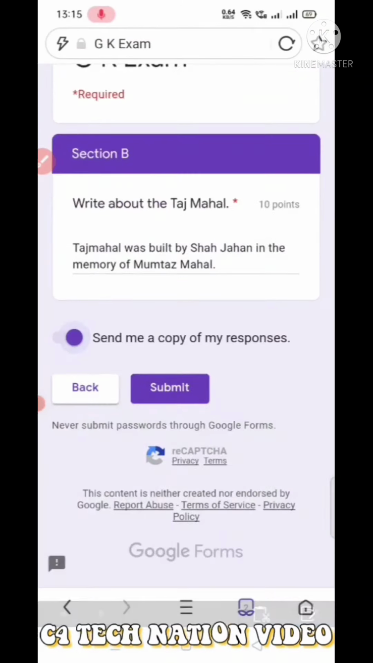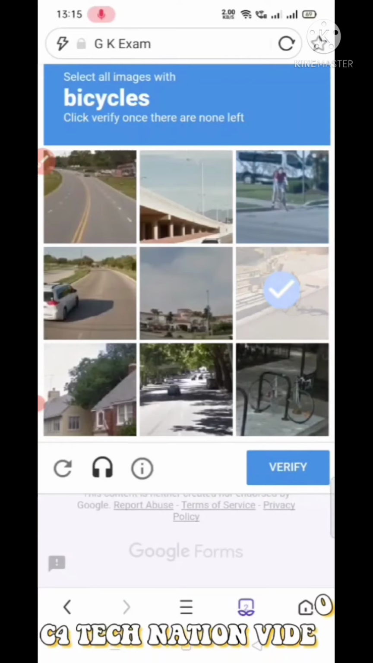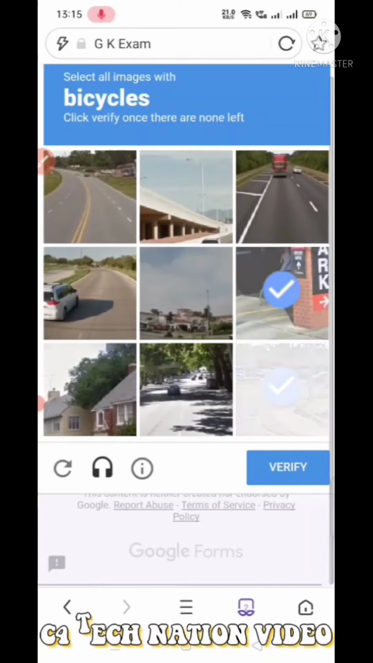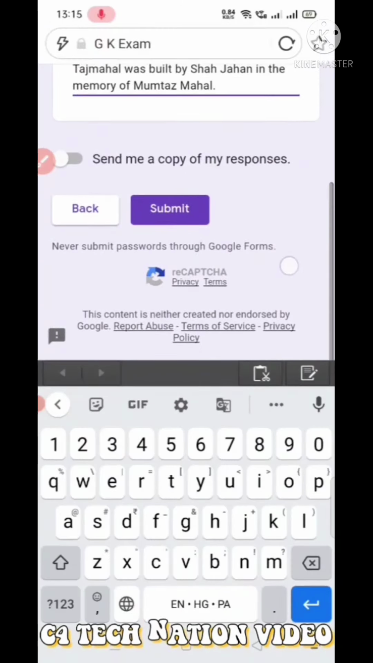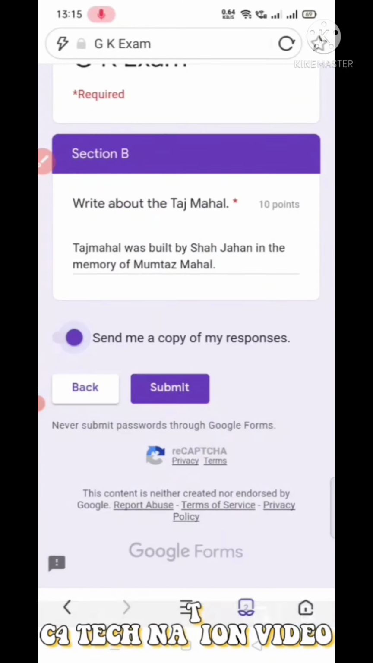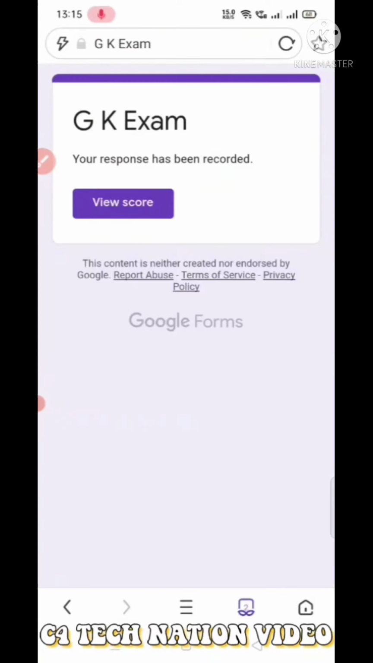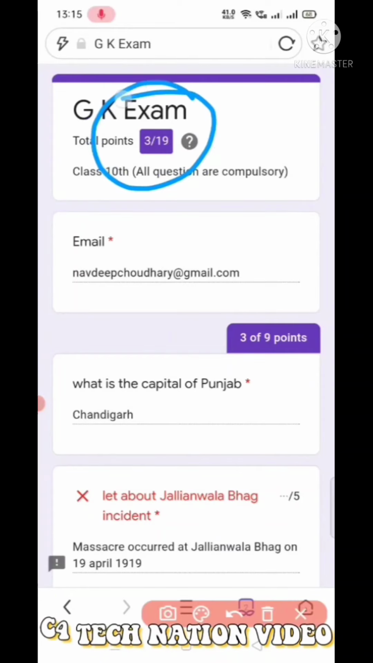Suppose that two students have filled the Google form and submitted it, then I will get it in my Gmail as well as on the Google Forms app. The student may require a verification for submitting the Google form. They have to verify what is told, and then after submitting the form, they will see an option to send me a copy of response. After submitting it, he can view a score. In view score, you can see that he scored only 3 out of 19, but he attempted all the